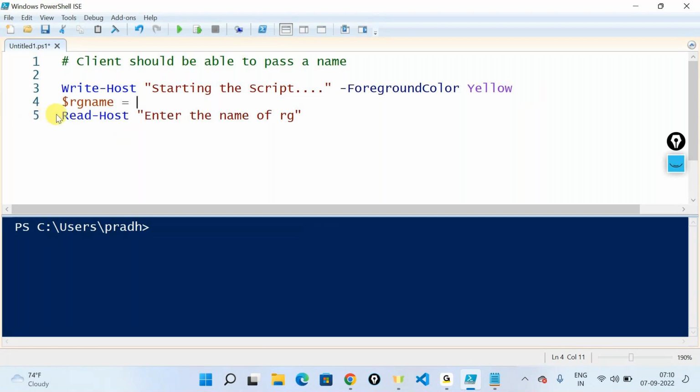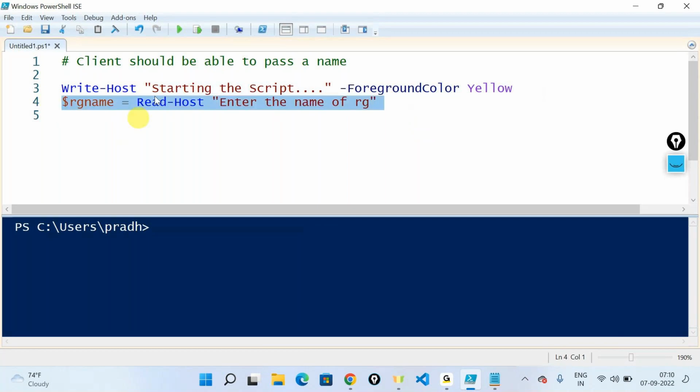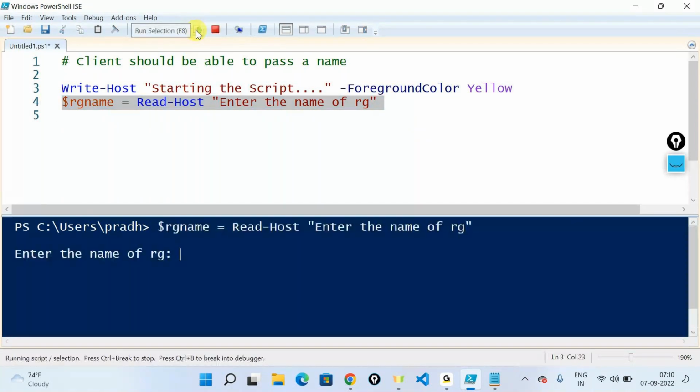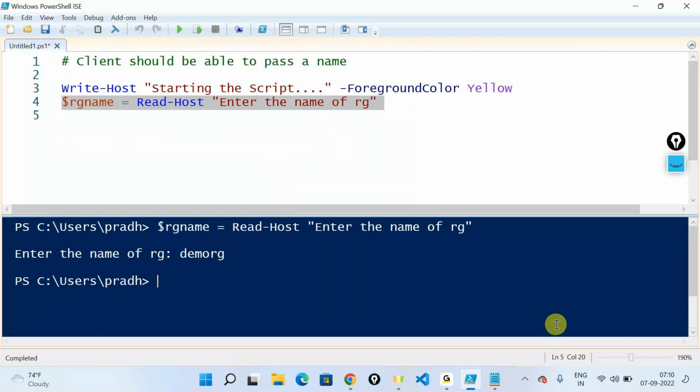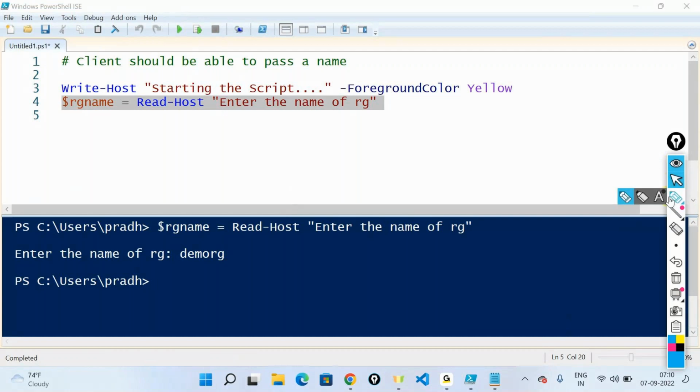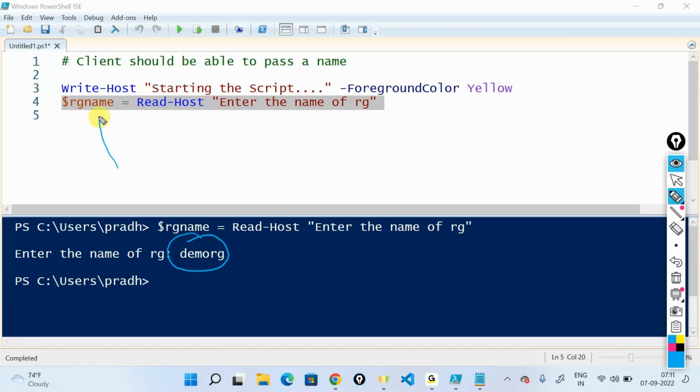So what I'll do, I'll just copy this out and paste it here. I'm telling $RGName is equal to Read-Host, enter the name of the RG. So please enter the name of the RG out here. If I run this, what will happen is this. It's first asking enter the name of the RG. I'll say demo RG. I'll say enter. It's not printing anything out right now. It's saving the value called demo RG